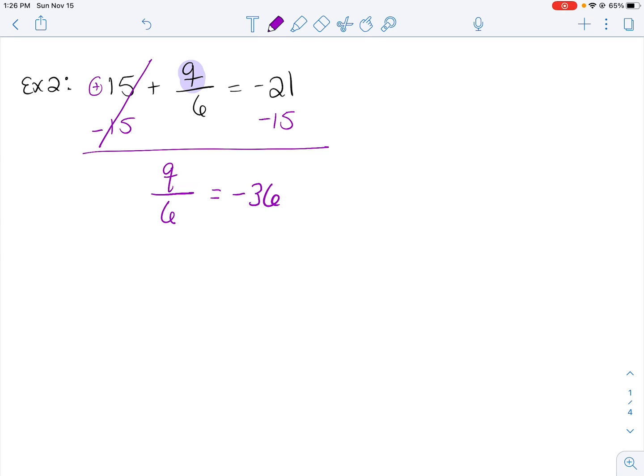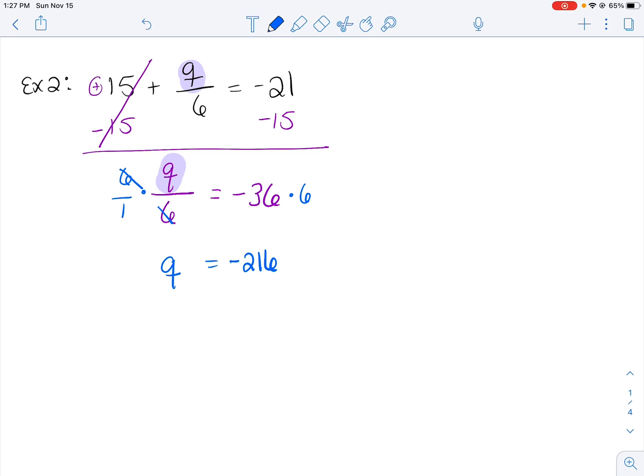And then our second step, if we want to isolate the variable, is to undo either the multiplication or division. Well, this says q divided by 6. The opposite of dividing would be multiplication. So I'm going to multiply the left-hand side, and whatever I do to one side, I must do to the other. So when we have 6 times q over 6, you can think of that as 6 over 1. So what really happens there is that the 6's can cancel out. So we're just left with q, and then on the right-hand side, we get negative 36 times 6, which would be negative